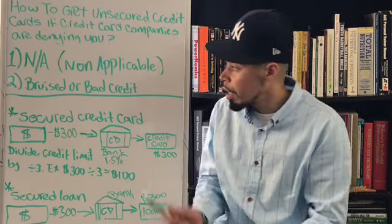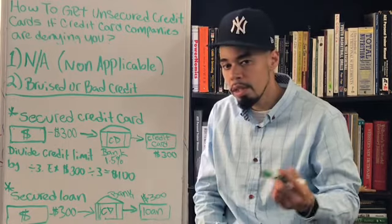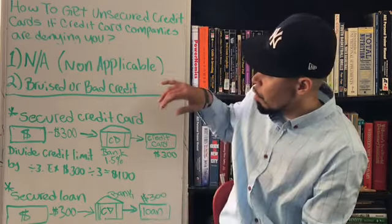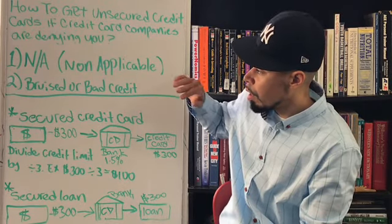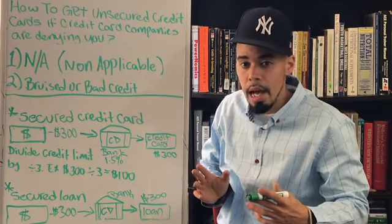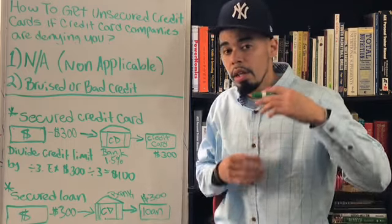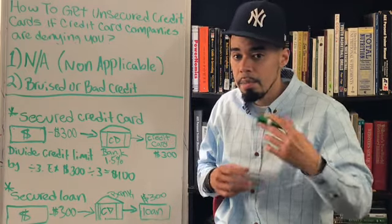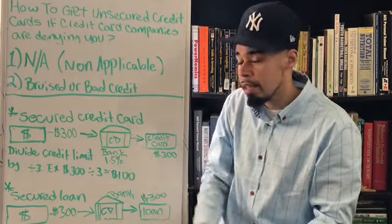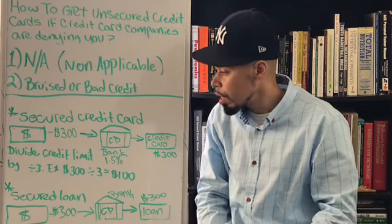Now, there's a couple of strategies, but I'm going to give you three here. These are for people with NA. So if you pull up your credit report and it shows NA on it, that's not applicable. So there's nothing there, something hasn't been reported, or you don't have any history established, etc. But it's non-applicable, or people with bruised or bad credit. Now, the first strategy you can use